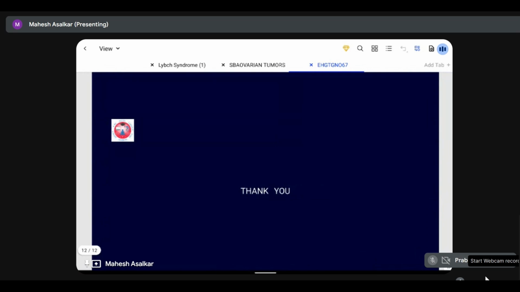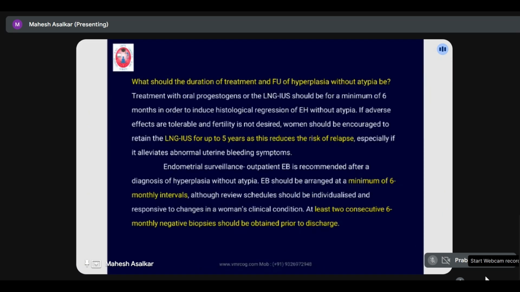So that finishes the topic of endometrial hyperplasia without atypia. Is it clear? Yes, sir. So for endometrial hyperplasia, the progesterone, especially the LNG-IUS, is the first line of treatment. If she is using the LNG-IUS, she should be